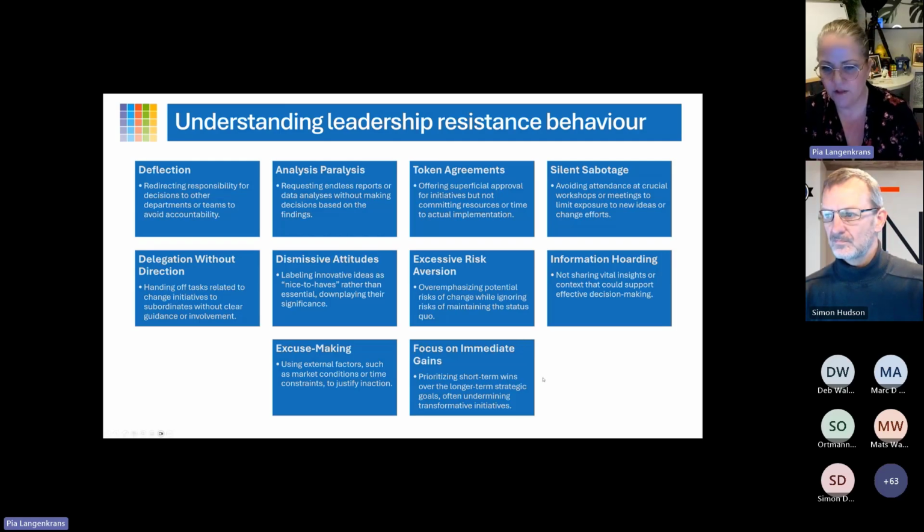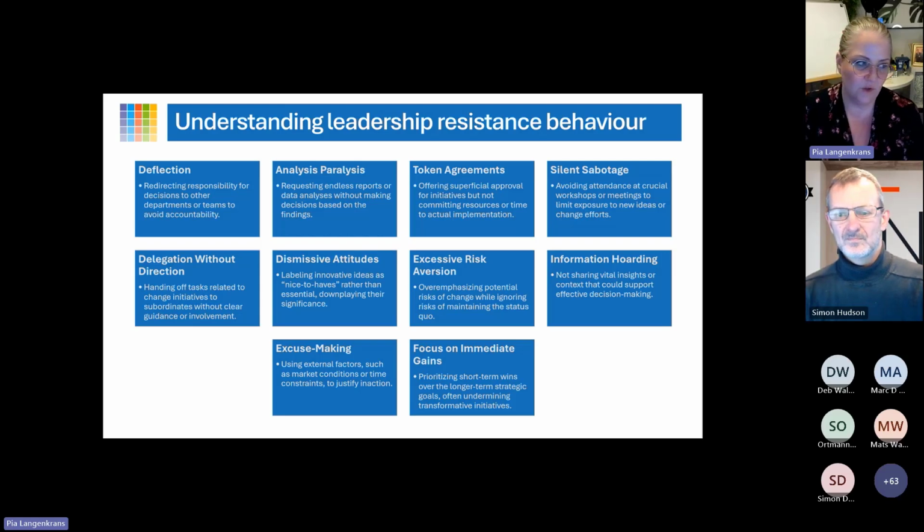And also here, focus on the immediate gains. It will also be like, no, we're going to waste so much money on getting this consultant and getting this maturity model and getting all of these things. So no, we can't do that. It's just, this month's budget will be hurting.